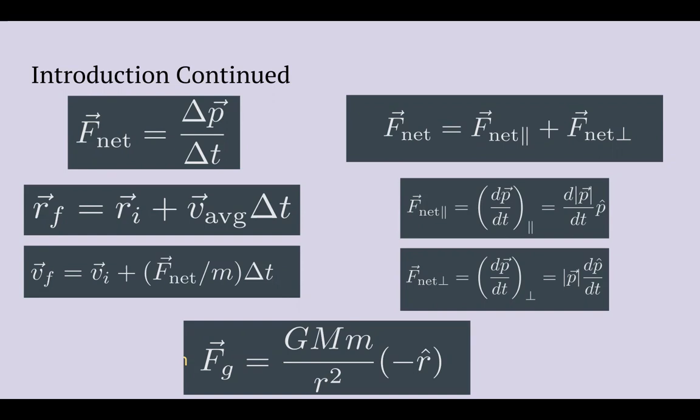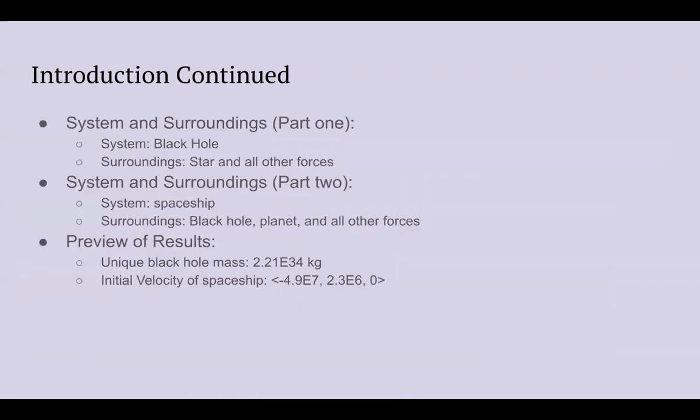We'll also use the position and velocity update formulas, which use initial conditions to predict the future position and velocity of an object. In addition, we'll use the formula for gravitational force, which equals the gravitational constant G multiplied by the mass of the first object and the mass of the second object divided by the squared distance between them, multiplied by direction. For part one, the system is the black hole and the surroundings are the star and all other forces. For part two, the system is the spaceship and the surroundings are the black hole, planet, and all